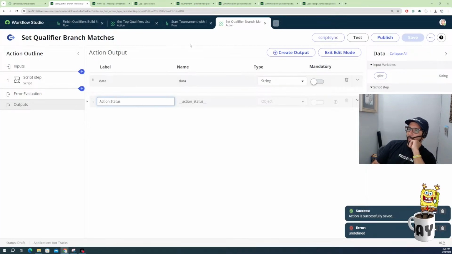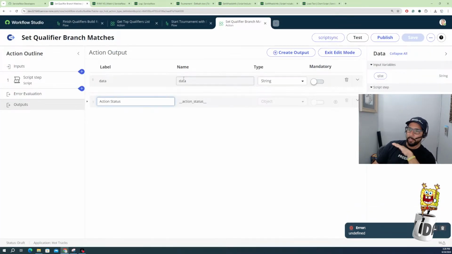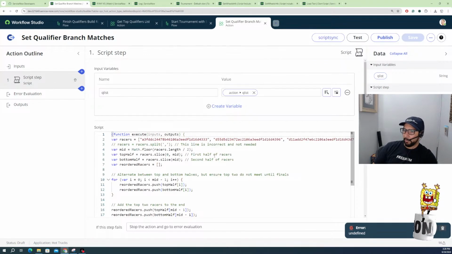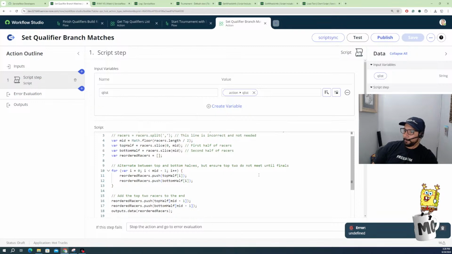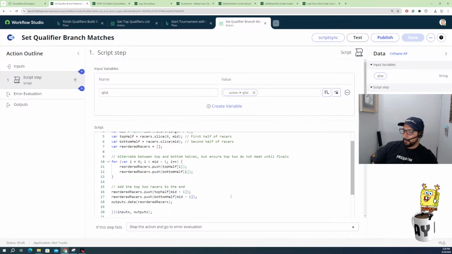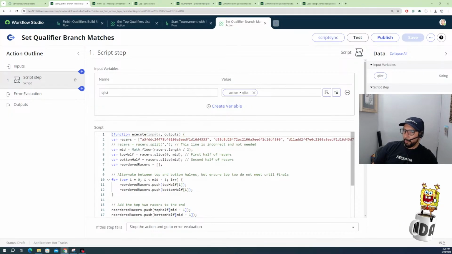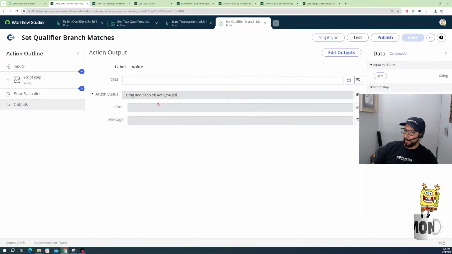Earlier I created an action and for some reason it was always erroring out. And I created a new action and I copied the code in it and it worked. But that action looked like it got corrupted or something happened with it, because I even emptied it all out with the script and it was still giving me some weird error. So if you ever get errors that you can't really figure out, maybe just create a new action and